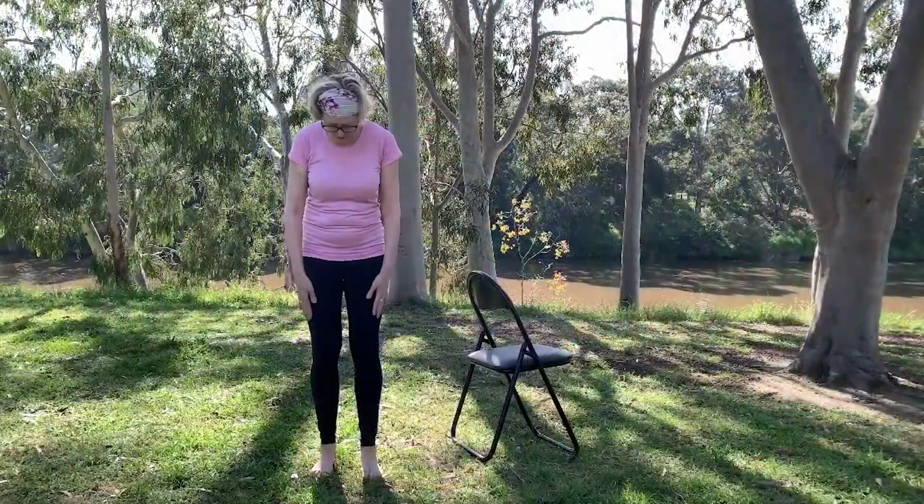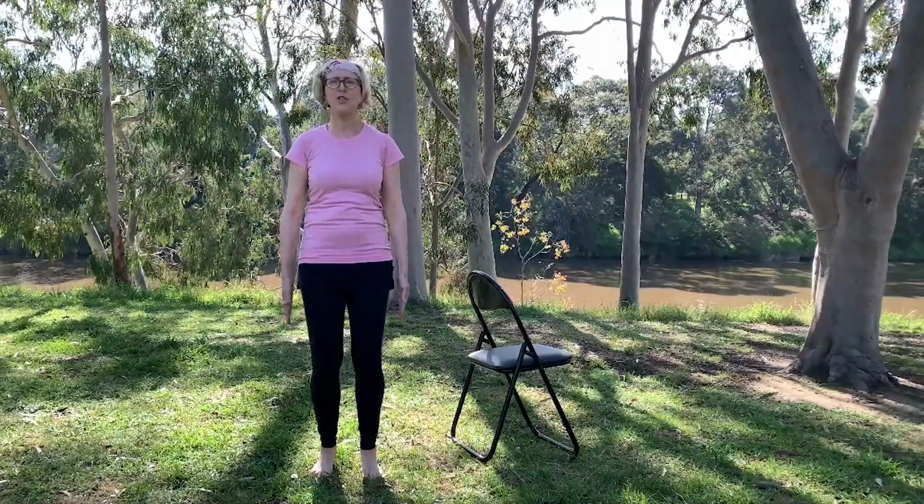Standing with your feet hip-width apart, have a soft bend on the knees, have your fingers pointing towards the earth, and feel that connection of the roots drawing right from your hips down your legs straight into the earth below,